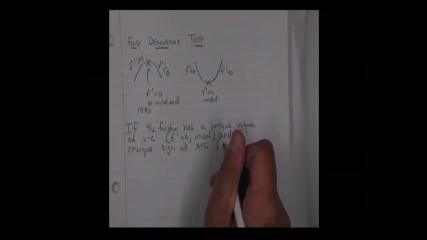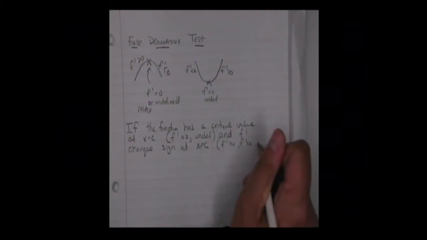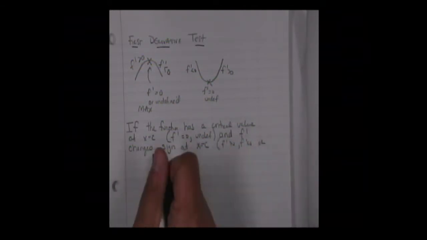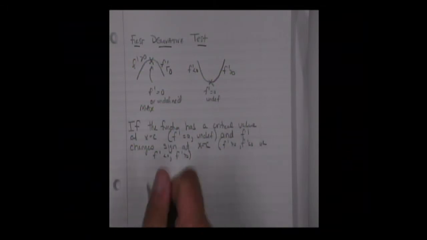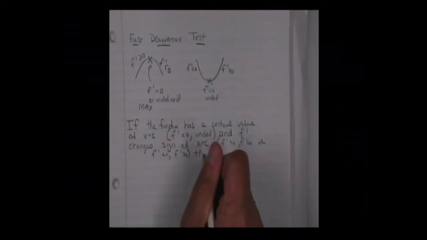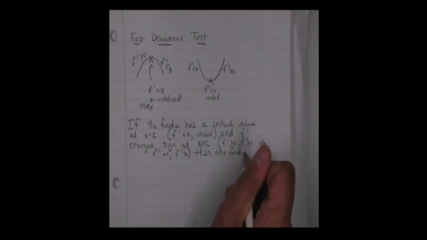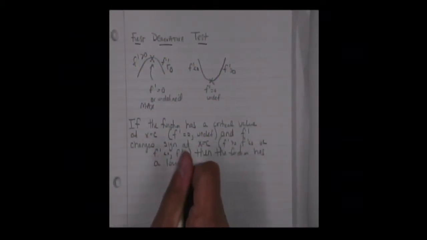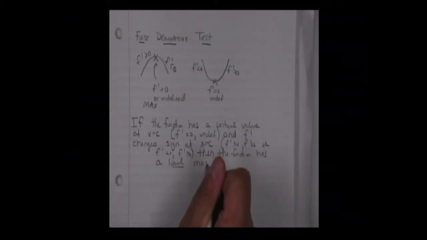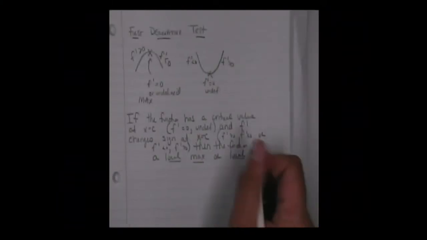In other words, we go from f prime greater than 0 to f prime less than 0, or f prime less than 0 followed by f prime greater than 0. Then the function has what we call a local max or local min